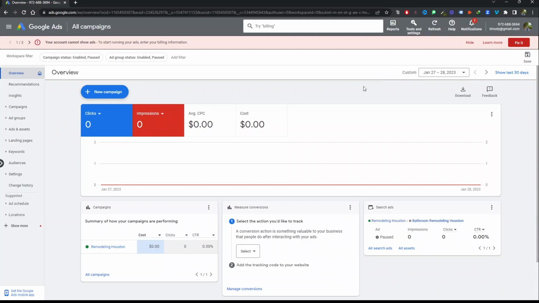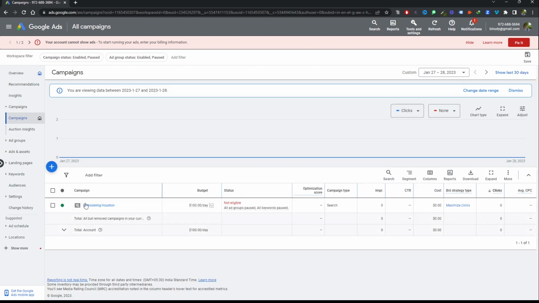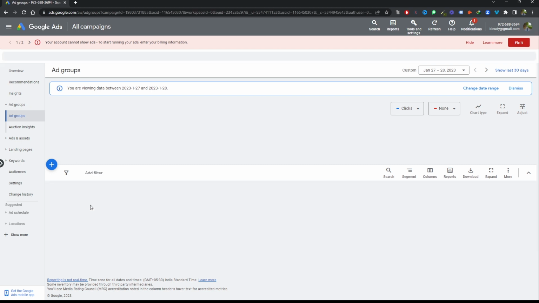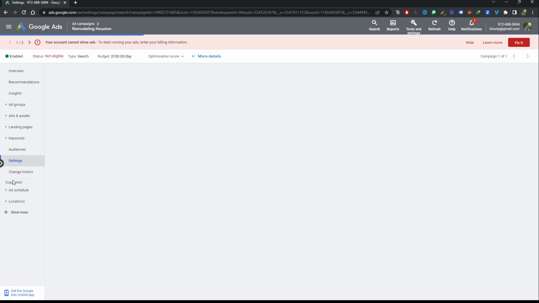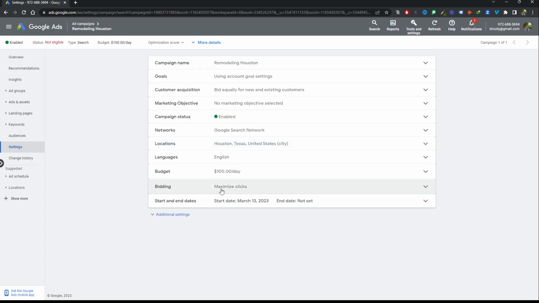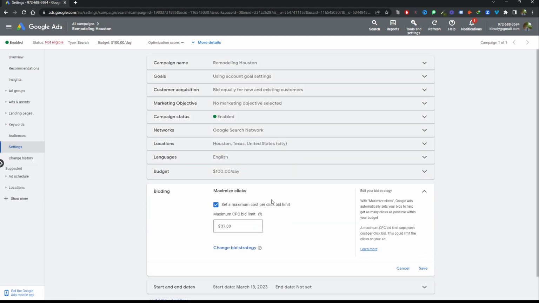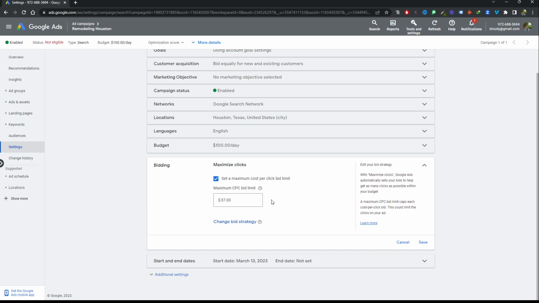So, let's jump into bidding strategy. Come down to campaigns and then select your campaign and then settings and then bidding. First of all, whenever I start running a new campaign, I always try to get started with